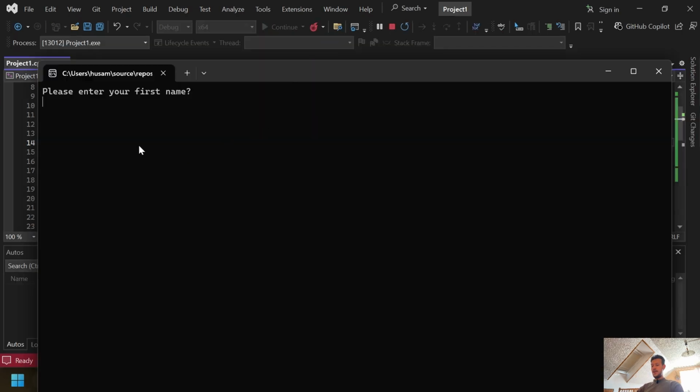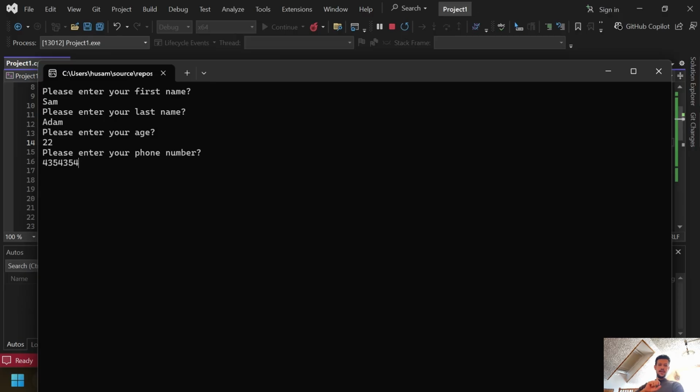Perfect. The compiler displays for me the same questions. Please enter your first name, Sam. Please enter your last name, Adam. Your age, 22. Phone number, whatever. Once I press enter, the compiler now should display for me these values next to the strings that I write